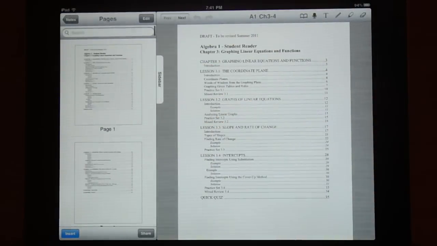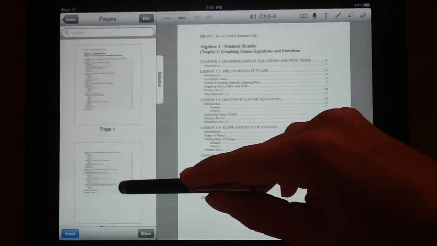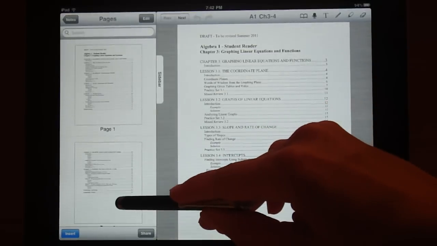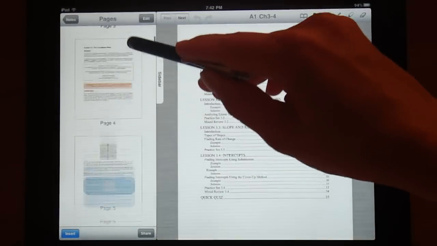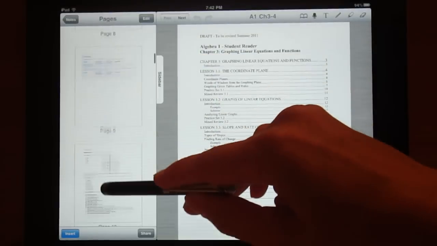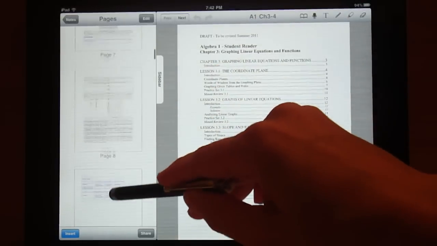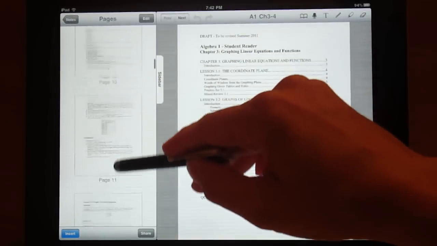This is Chapter 3, and this isn't a geometry, this is an Algebra 1 textbook that I imported. Now at the beginning of this chapter it's got a table of contents, and you can scroll through all 56 pages. Now I found that might take a while. If you're wanting to get to page 56, that could